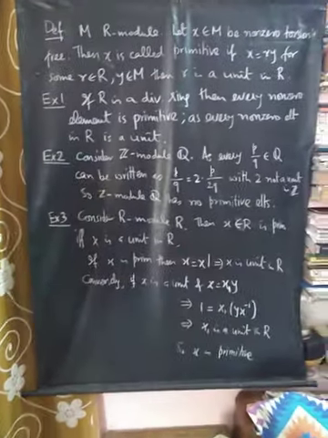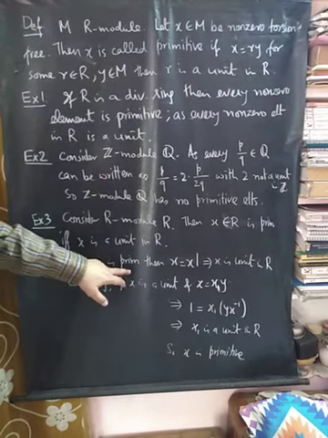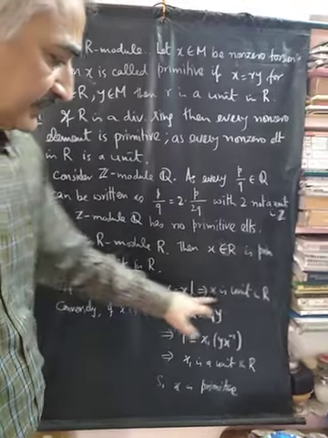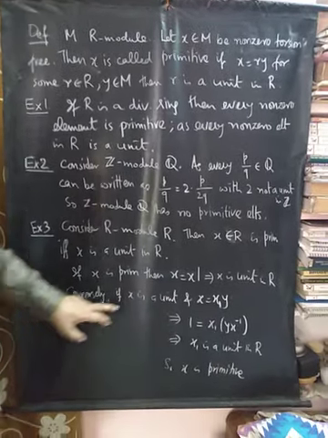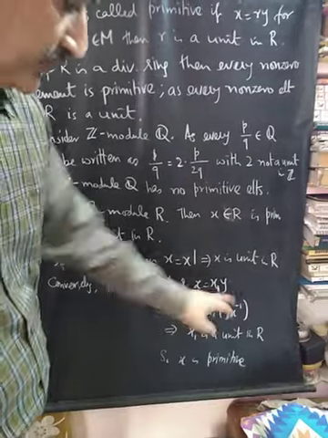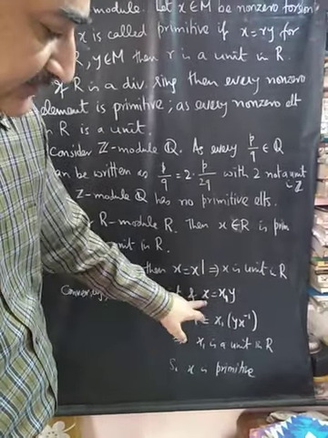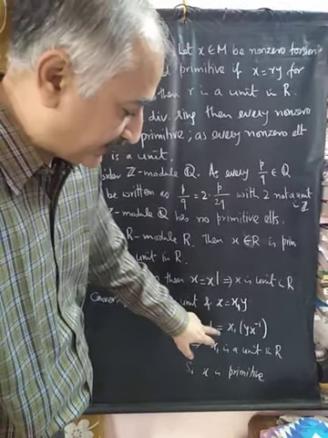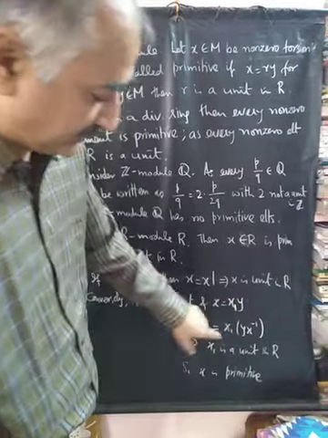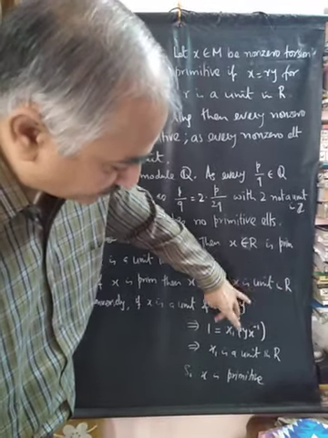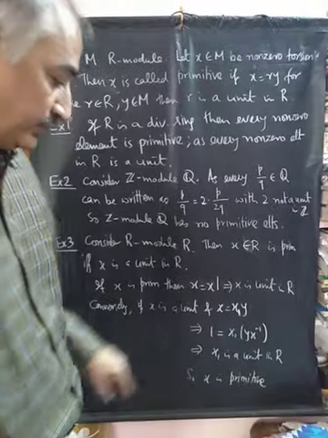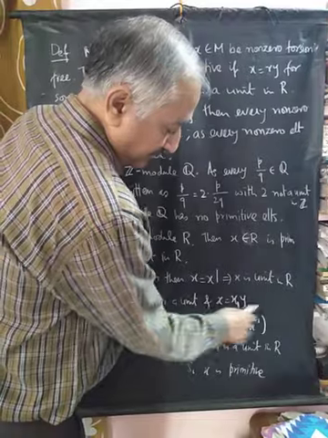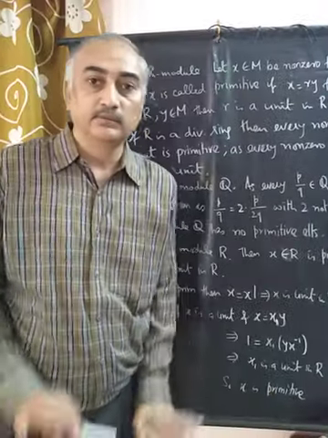So the proof goes like this. One way, if x is primitive, then we write x as x into 1, and this shows that x is a unit in R. Conversely, if x is a unit and we write x as xy, then because x is a unit, x inverse exists. I post-multiply by x inverse on both sides. I get 1 equal to x times y times x inverse. This y times x inverse is the inverse of x, and therefore y becomes a unit. So if x is a unit and written as this, then this element is also invertible, and so x is primitive.